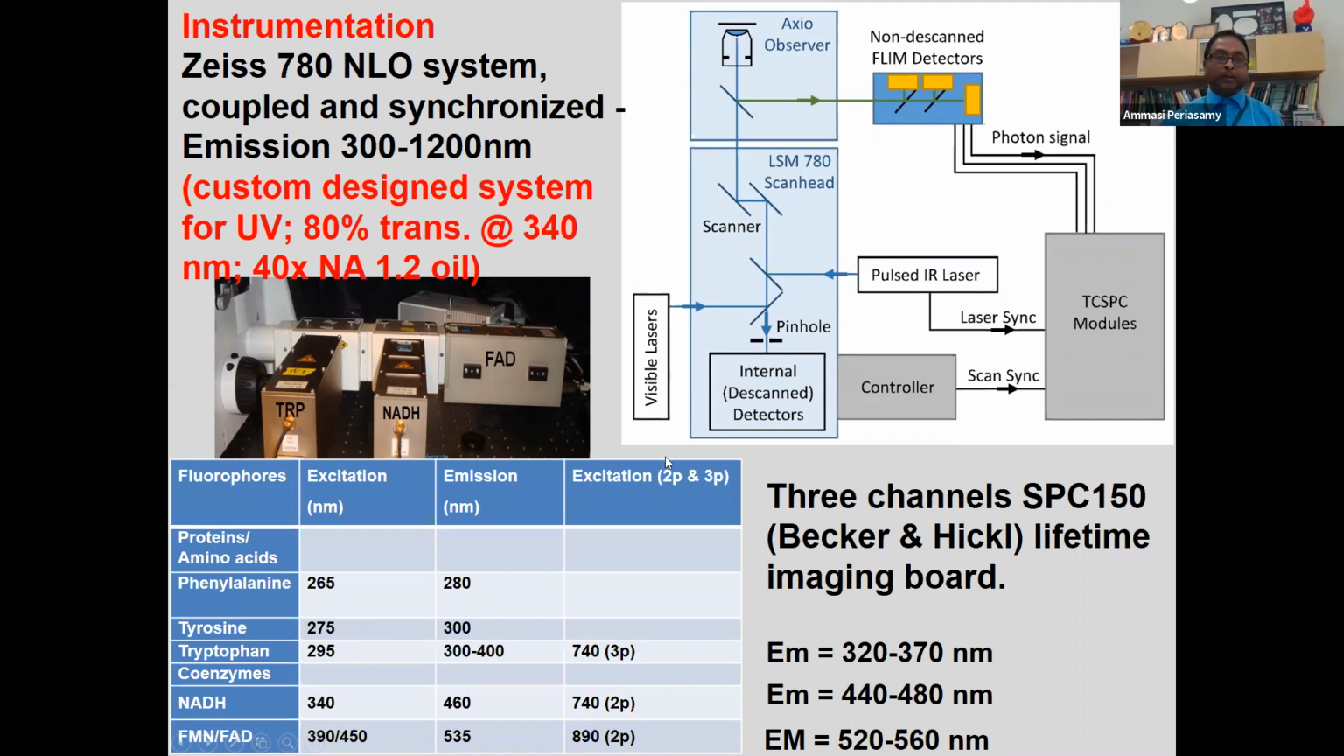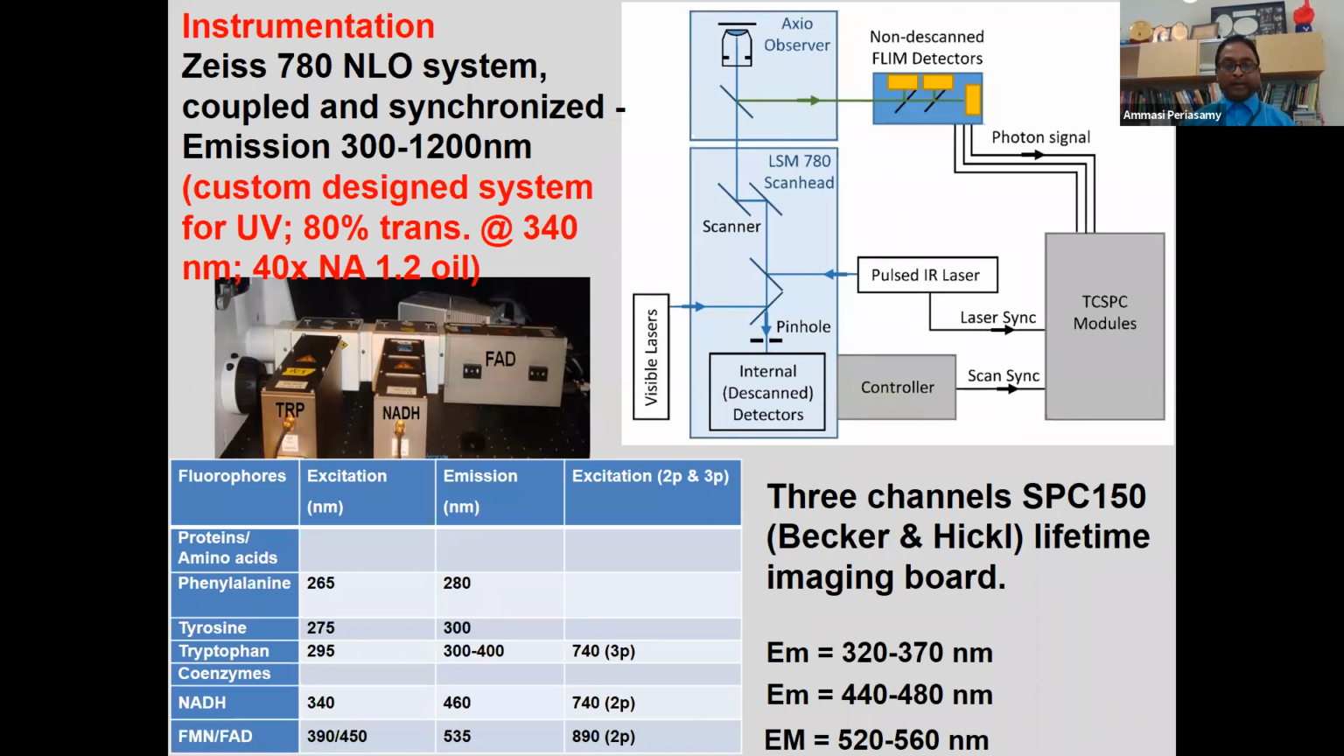The microscope is configured for the UV emission from 300 to 1200 nanometer. This is the Zeiss 780 scope. You can see 3 PMTs simultaneously at the same focal plane. We can collect tryptophan, NADH, and FAD. These are all systems from Becker and Hickl. And for FAD excitation, we are using 890 nanometer. All the data given here